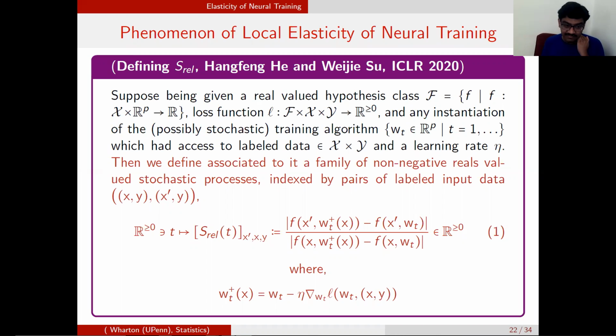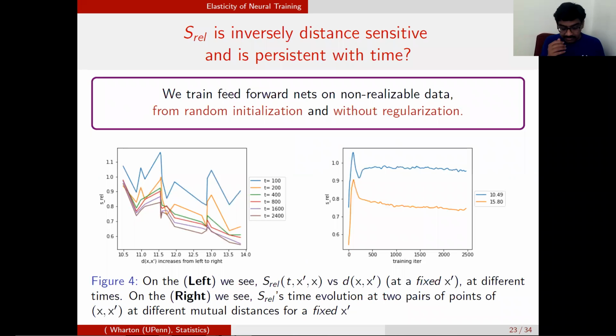And we did an investigation of, after these people give the definition in 2020, we ran a lot of experiments over the last 6-7 months to come up with some universal observations that if you train feed-forward nets on any non-realizable data, random initialization and without regularization, then two things seem to hold pretty universally. One is